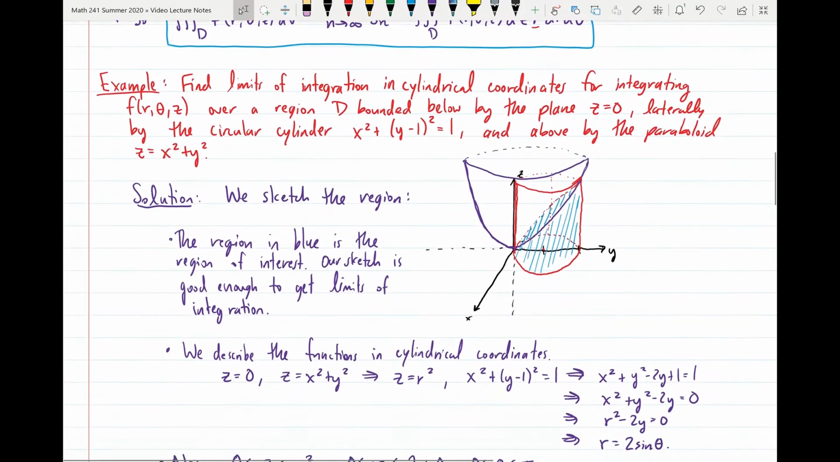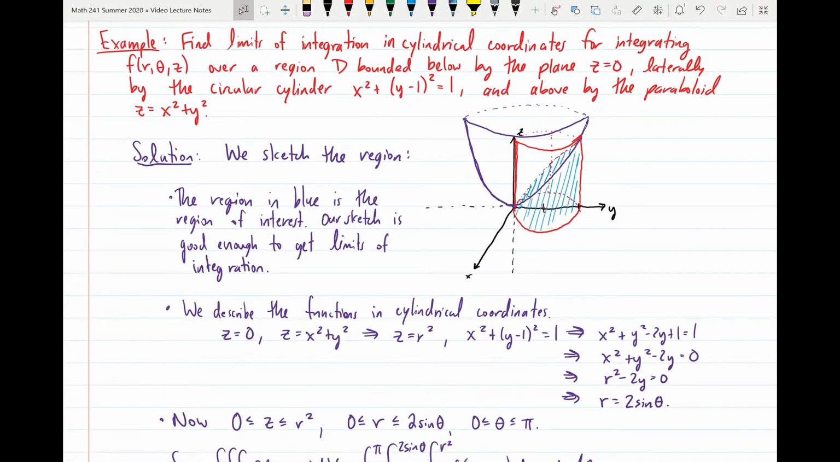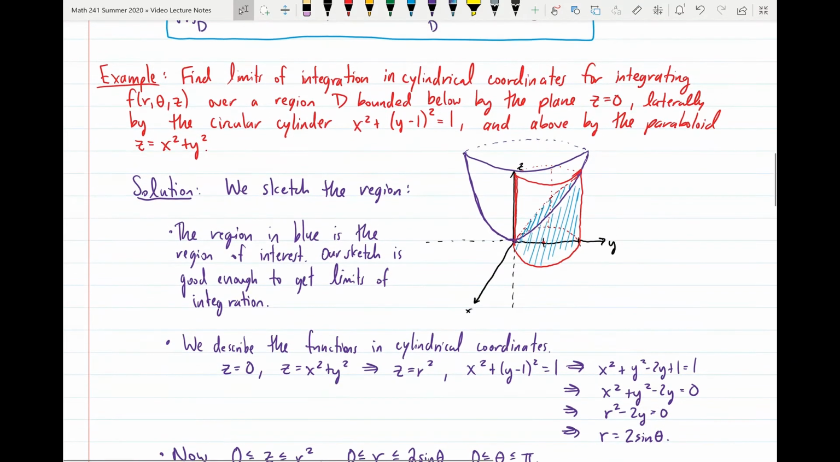Okay, so the process for the solution is going to be the same as it's been for the rest of the chapter. So we're going to sketch our region inside of three-dimensional space here. To do so, we can sketch the paraboloid, which is the graph that I have in purple. And we can also sketch that circular cylinder x squared plus y minus 1 squared is equal to 1, which is the graph that I have in red. And both of these things we can sketch by hand. We don't need a computer for this. So when I look at the circular cylinder x squared plus y minus 1 squared is equal to 1, well,